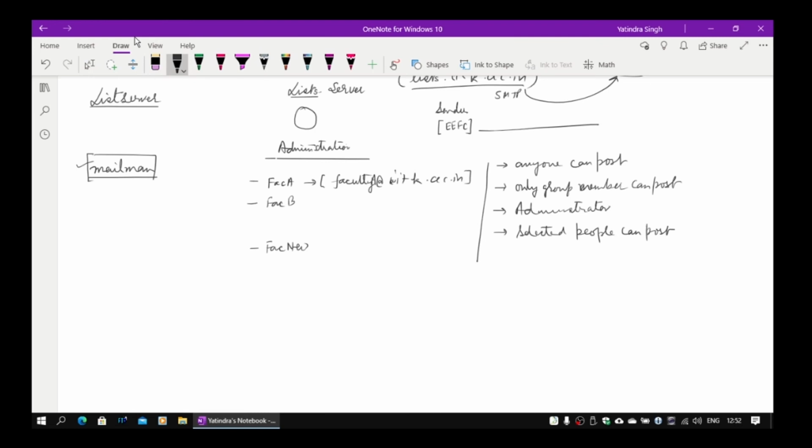Okay, so all this mailing will be done. Anyone means the person need not even be a member of this particular group. Group members can be there, and of course selected people from outside the group, or anyone, can also be there in this case. So we create a kind of filter, a restriction here.